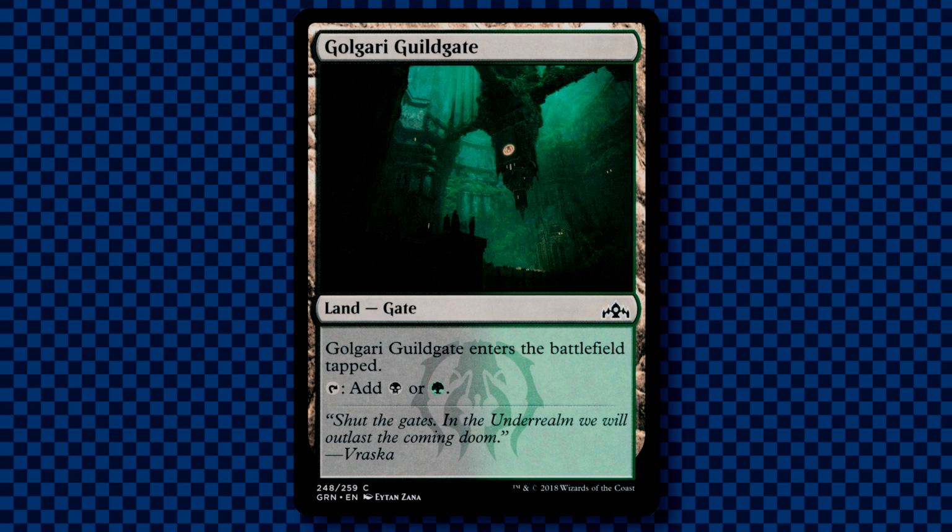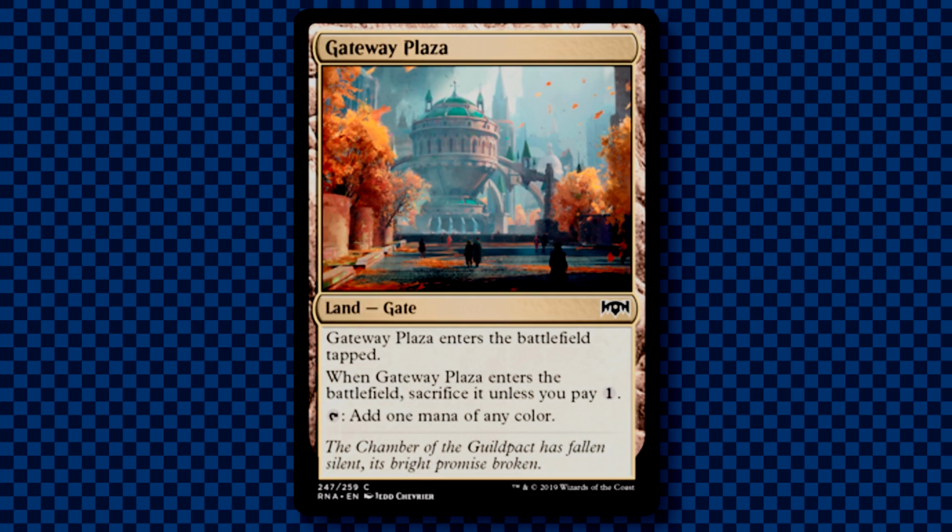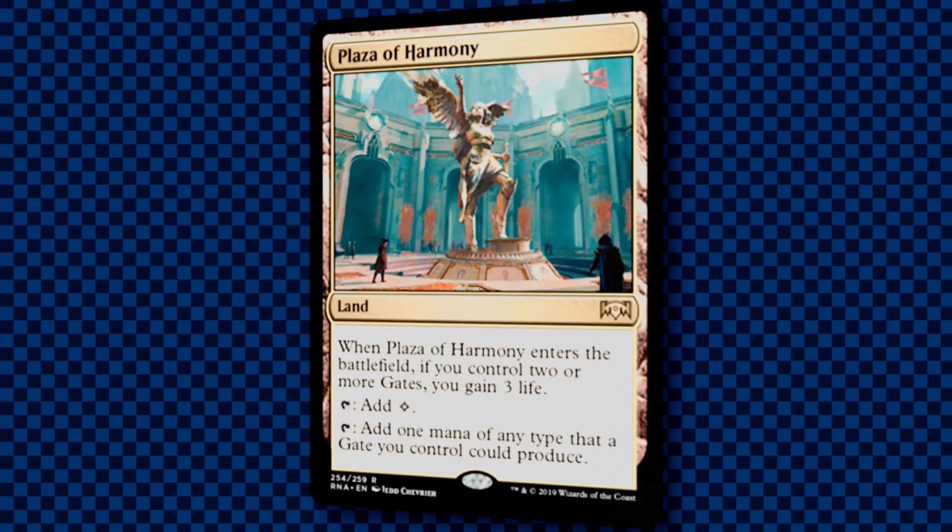With this Return to Ravnica, we got a few more gate mechanic cards that actually might be pretty good for commander decks. The Gateway Plaza enters the battlefield tapped. Okay, when it hits play, you either sacrifice it or pay 1 mana. It can then tap for 1 mana of any color. It's kind of an underwhelming Command Tower-esque card, but with this set, we also got Plaza of Harmony,